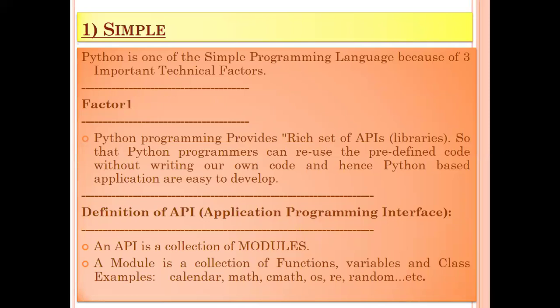It has a rich set of APIs, also known as libraries, so that a Python programmer can reuse the predefined code without writing their own code. So Python-based applications are easy to develop. They can reuse the predefined code. All right, let's go ahead.